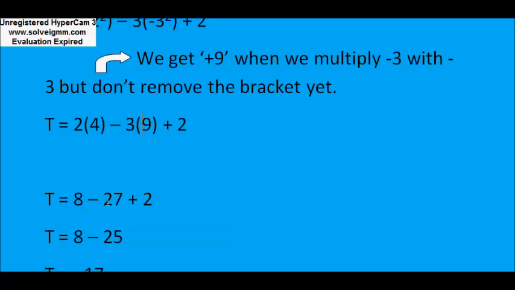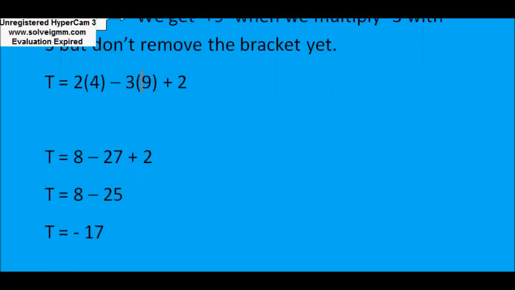Now in the next step, 8 minus 27. You can subtract these numbers also. Otherwise, here I have added these two numbers first. Minus 27 plus 2 is equal to minus 25. And then in the next step, 8 minus 25 equals minus 17, sorry. You can subtract these numbers also, 8 minus 27 first, and then after finding the answer, you will add plus 2. That is also correct.